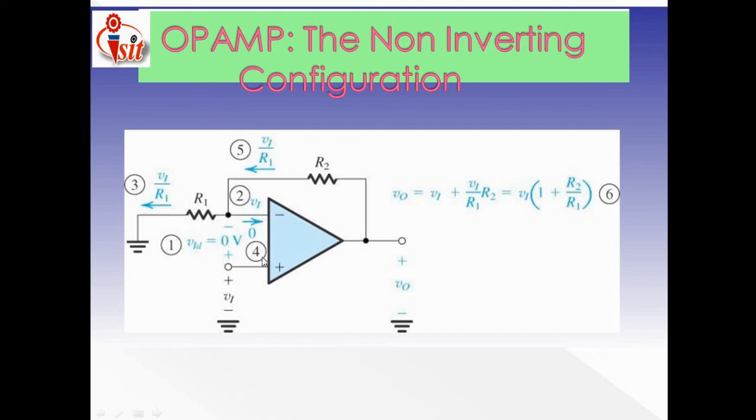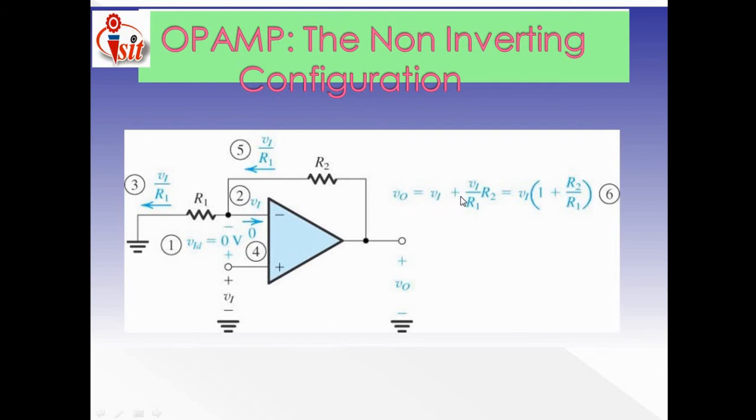Then what is the output related to this situation? This is node number 4, and it introduces the voltage from this circuit as V1 divided by R1. Therefore, the equation for the output voltage is the combination of all these incoming and outgoing voltages, along with Kirchhoff's current law. Kirchhoff's current law shows us that the incoming currents towards the circuit are equal to the outgoing currents from the circuit. By using this statement, what is the output voltage?